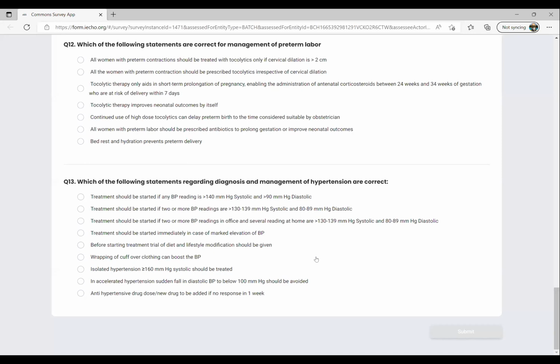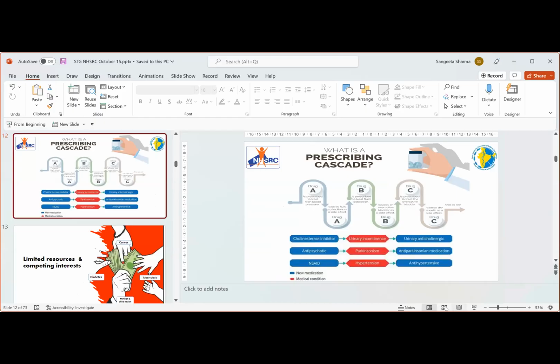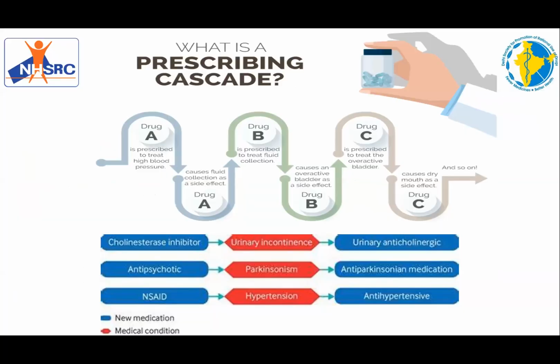So I think Dr. Anupam Prakash will talk about this in further details. I can continue with my presentation. Now there is another problem clinically that we see. Can you see my PowerPoint now? I think,